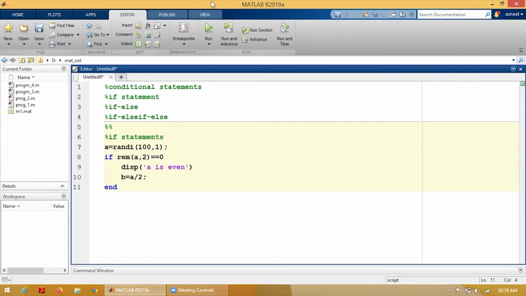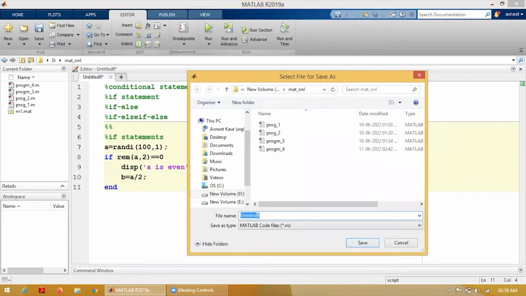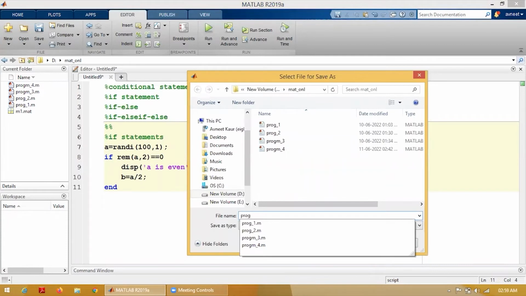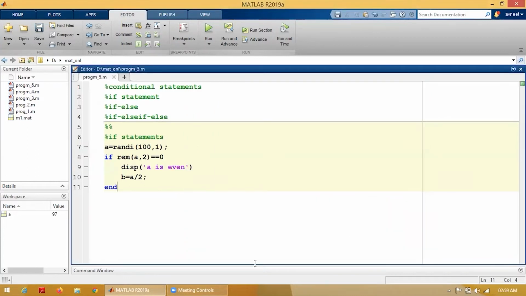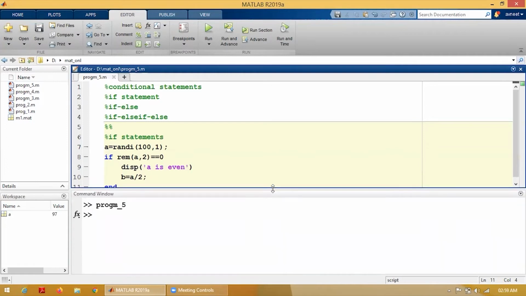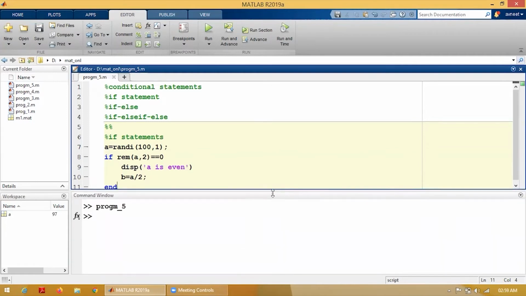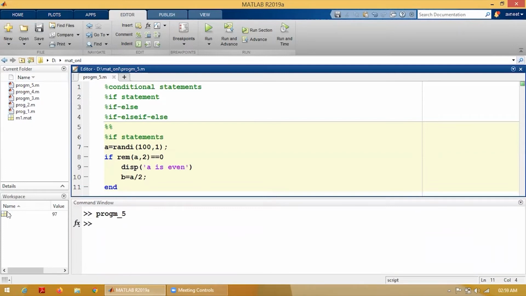So now I'm going to run this, and it's program number 5 for us. Program number 5, save, and let's see. A is 97. A is 97, and if it is even, with remainder equal to 0, then it will perform, otherwise not. But if you just run it again,